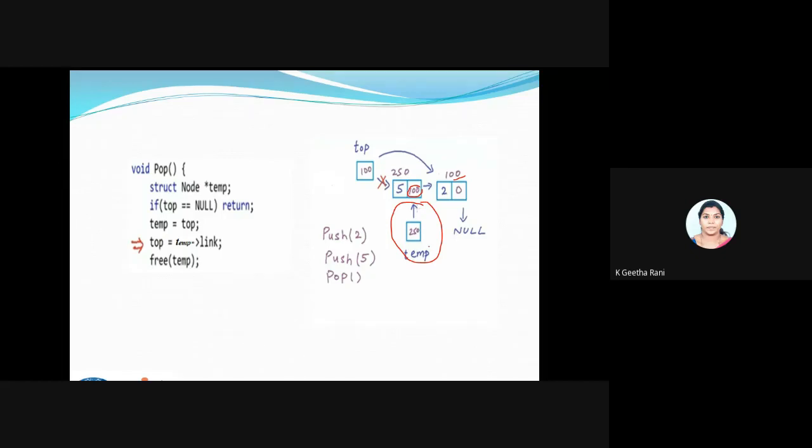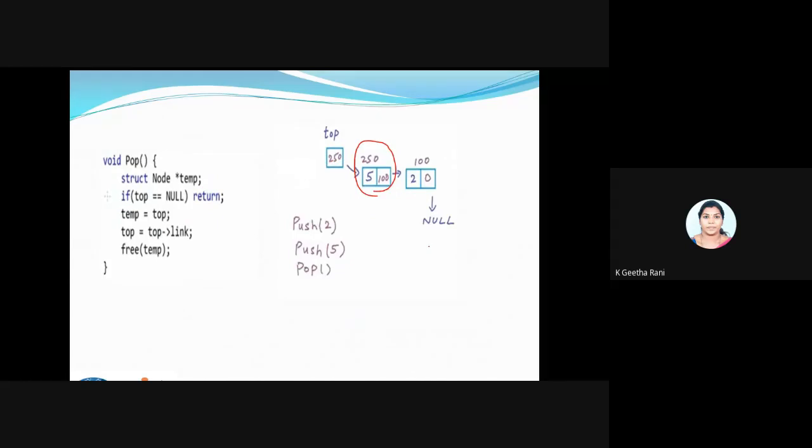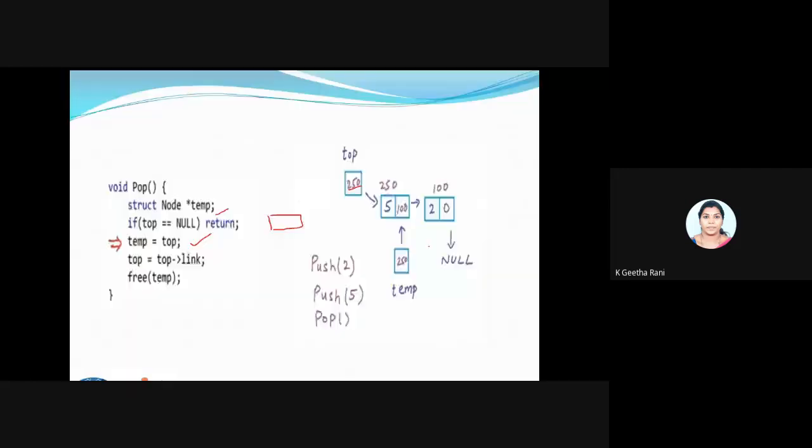I'm just implementing the stack using my linked list. I've not written the full code here. I have just written the routines for pop and push. So you try to complete this program. You have to create a main function, print all those things, and see what happens. You can just give it a try because it's very easy, since I've given the logic in a very clear way. Next we will get into the topic called